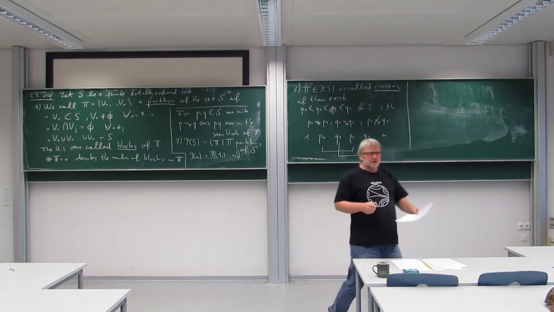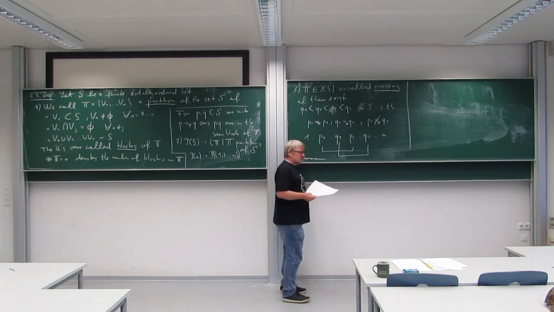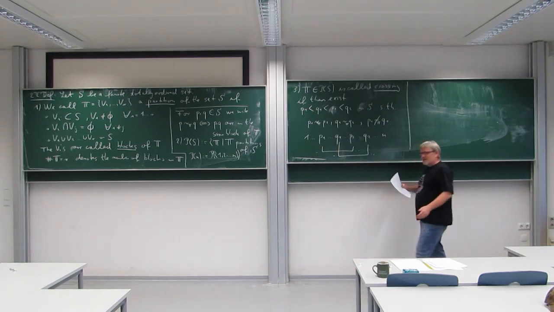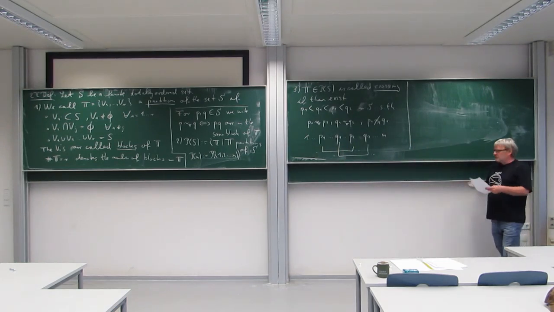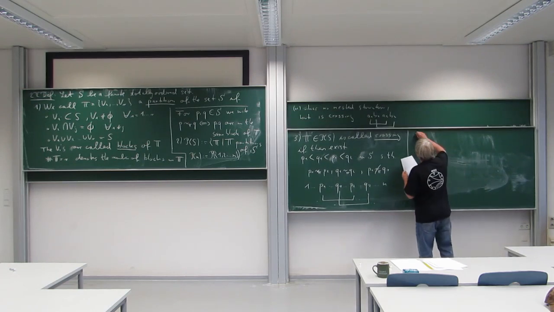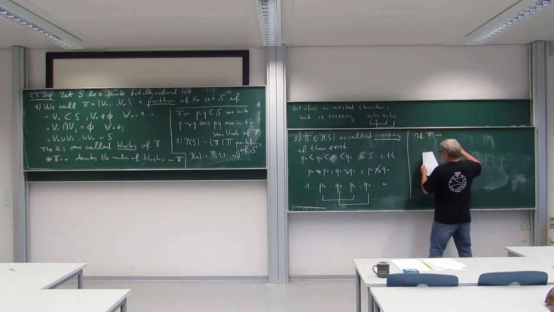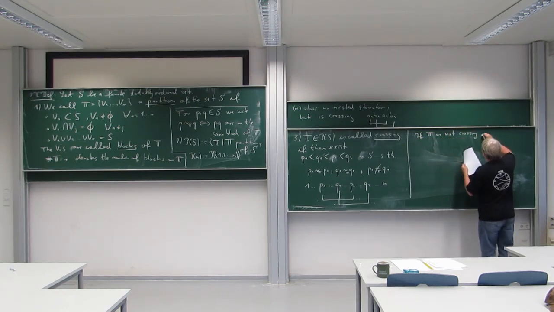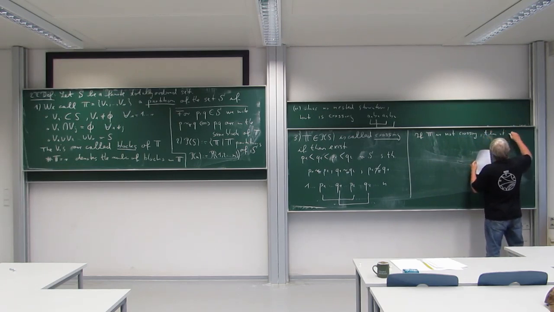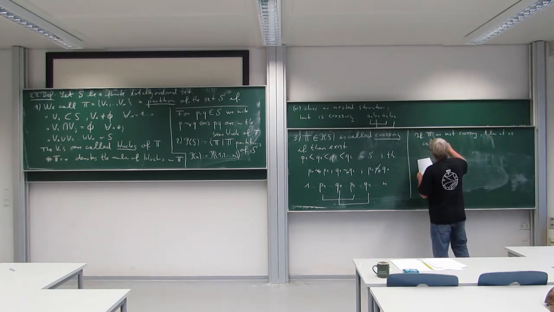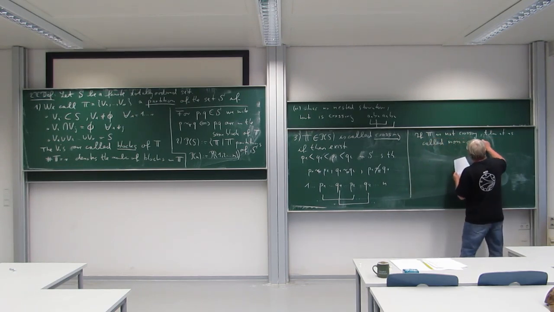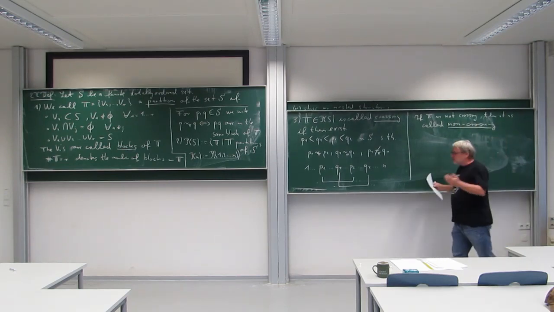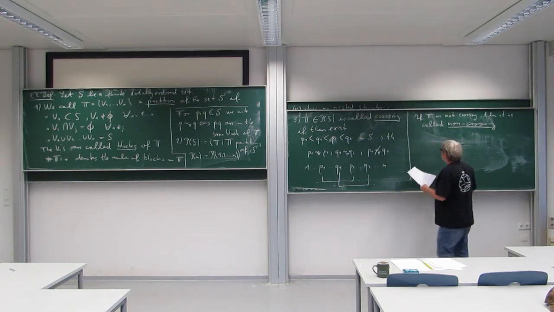Good, so these are crossing partitions, and the partition which is not crossing, we will call non-crossing. So this means it does not happen that whenever I take a pair of blocks, they cross. If it is not crossing, then we call it non-crossing. Good. And those are the important ones, so we should also have a notation for the non-crossing partitions,